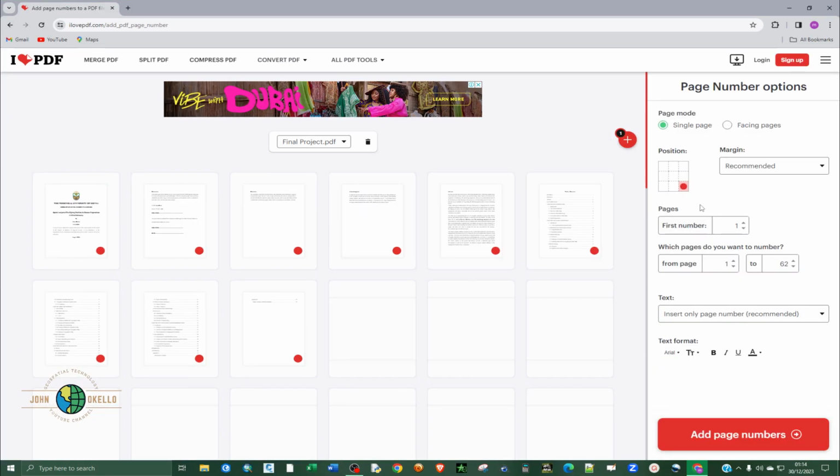and on the right hand side you can see there is now an option to do some settings. You can choose the page mode to be single page or facing pages, but in this case I'm going for single page. And then the position of the page numbers, you can select the one that you want, but you cannot select the center. You can choose at the top of the pages. In this case, let me just select the bottom, and then margin, you can select the margin either small or big,